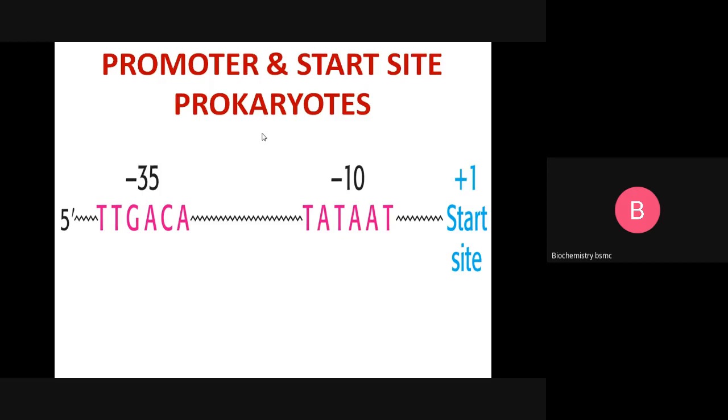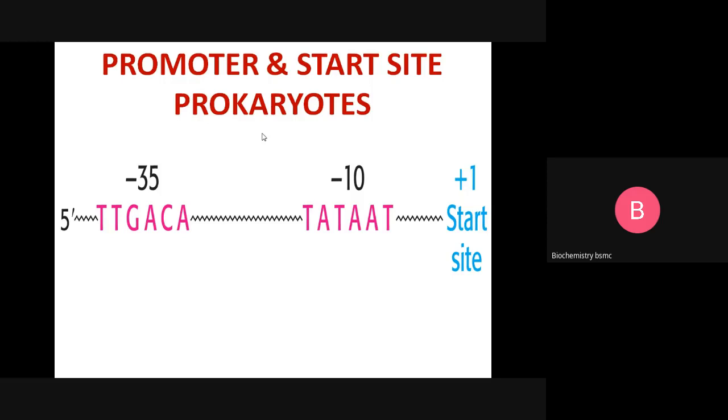But that DNA sequence is not where the enzyme will bind. It is seen there are certain DNA sequences adjacent to the transcription start site where the polymerase binds. Those sequences are known as promoter sequences. So we repeat, the sequences where the polymerase binds and which are adjacent.